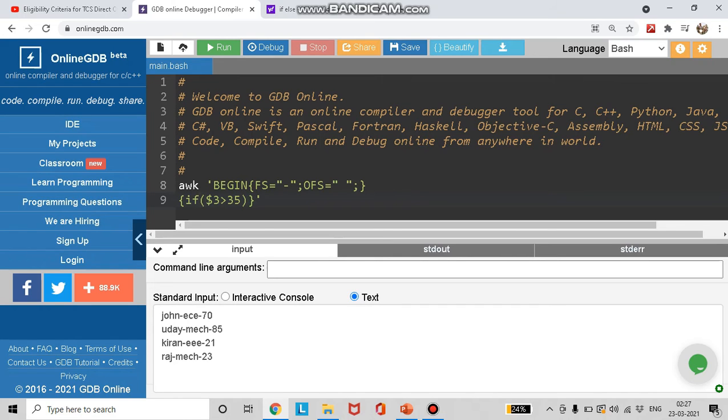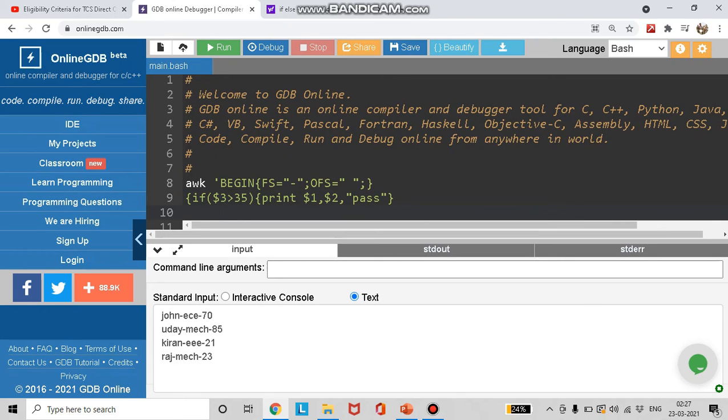So I've typed the condition. What about the code under this condition? That I will open and close another bracket. Over here I will type the corresponding code for this condition. For this condition it is pass, right? They have scored more than 35, so it is print name, the $1, the department, and then whether they have passed or failed. In this case they have passed, since they have scored greater than 35. PASS. So my if condition is done.